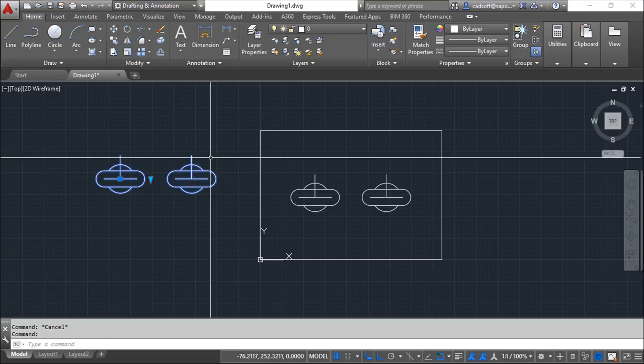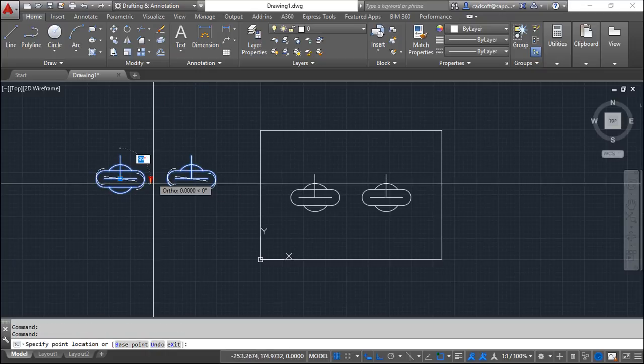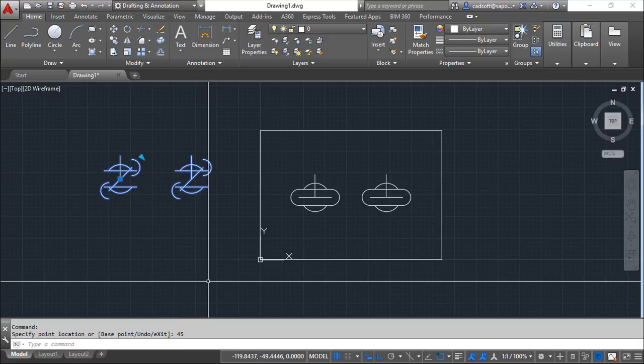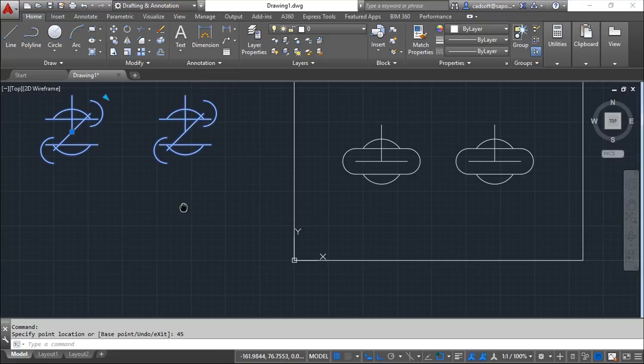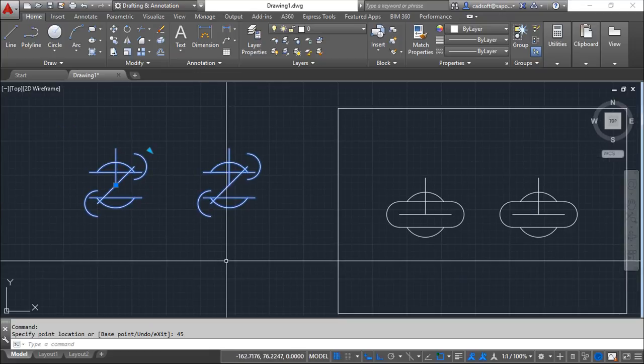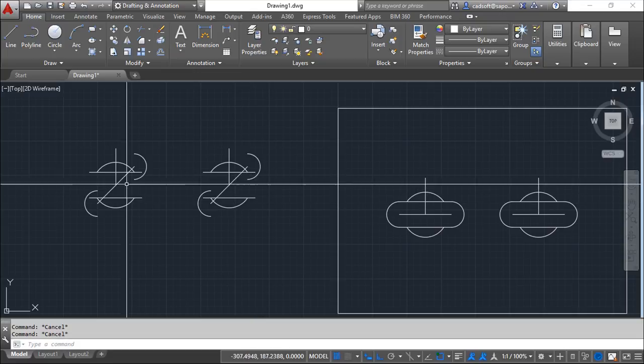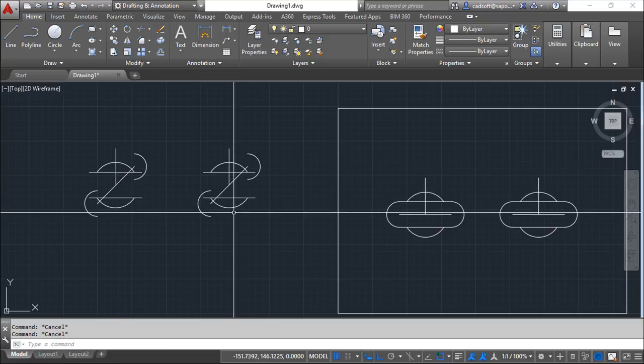and let us grip this. So I will say 45. Okay, it was not completely right, there were some issues here, no problem. The idea here was to rotate the objects, and you see that both rotate equally. Okay,